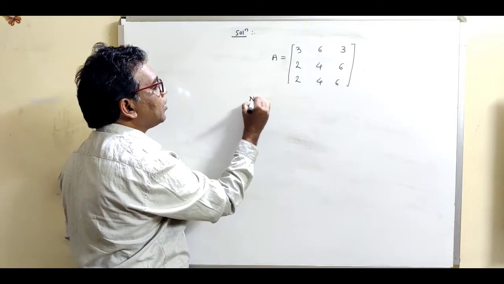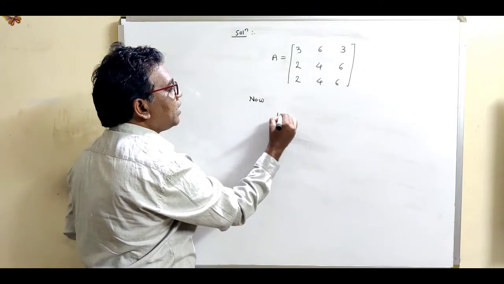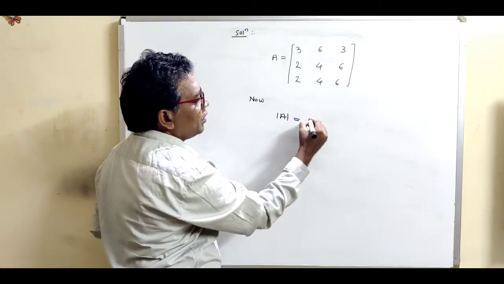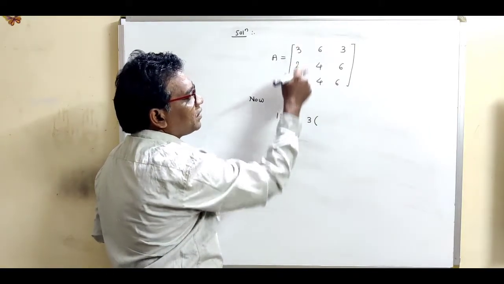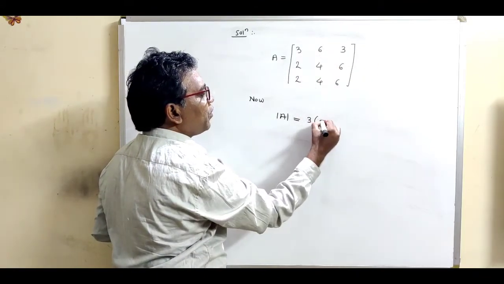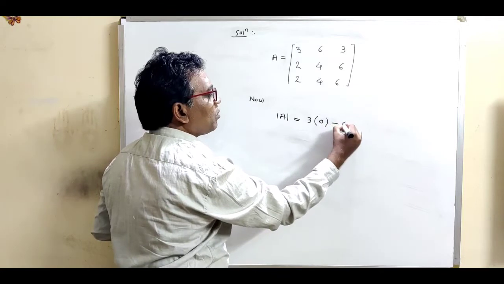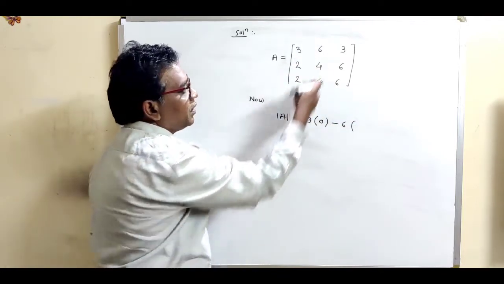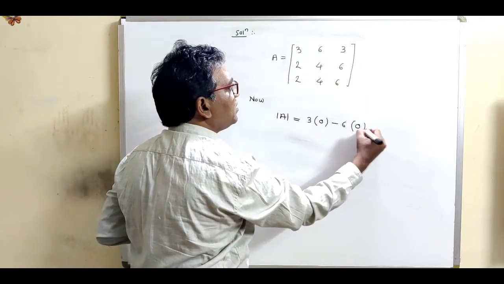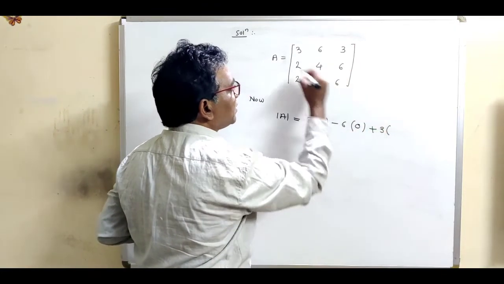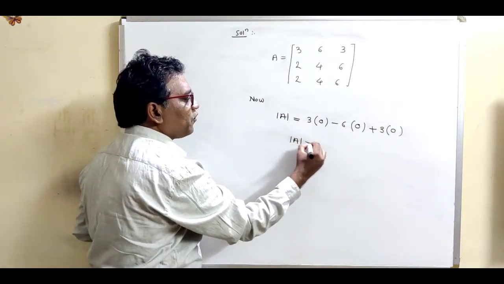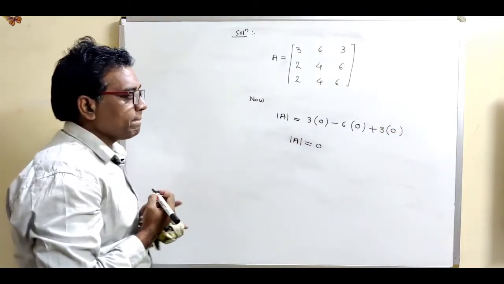So right here, now let us find this determinant of order 3 by 3. So this is 3 into bracket, delete this row and column: 24 minus 24, it is 0. For the middle element, we use the minus sign. Delete the corresponding column and corresponding row: 12 minus 12, this is again 0. Plus 3 into bracket, this 8 minus 8, this is 0. So we have found that the determinant of A is equal to 0.